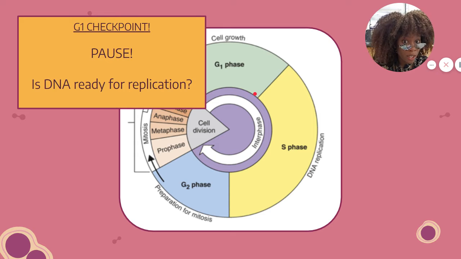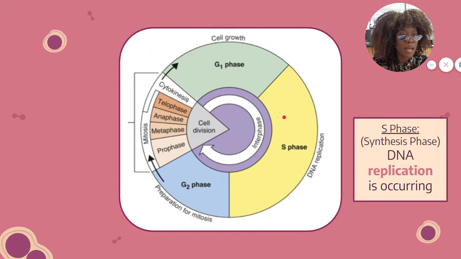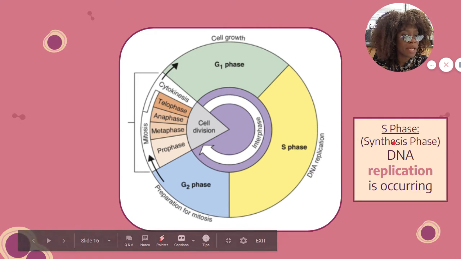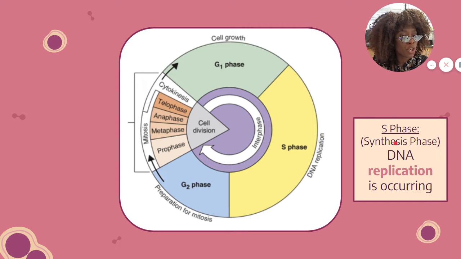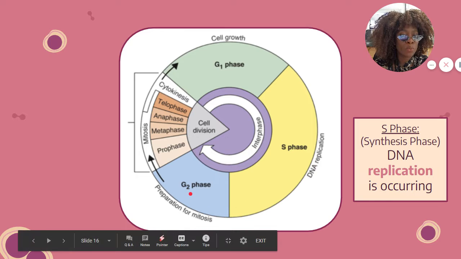If it's not ready, the checkpoint will not let the cell cycle continue. If it is ready, the cell cycle will continue. Okay, and once the cell cycle continues past the checkpoint, then we have S phase, which is known as the synthesis phase, where DNA replication is occurring. Okay, what's after S phase? We're going to go to